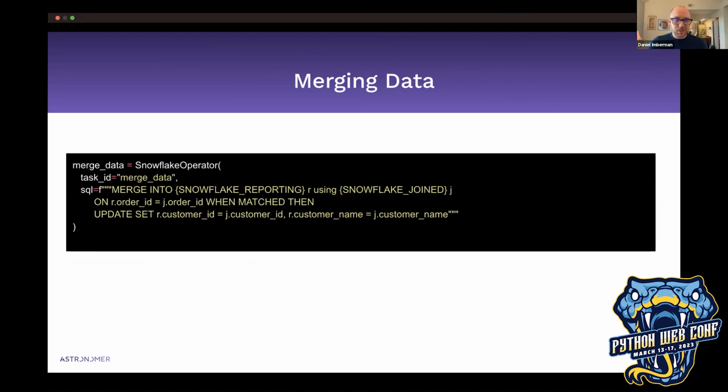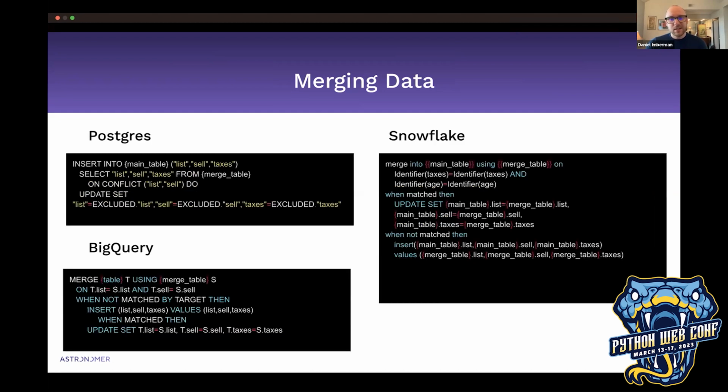Traditionally, you would take a Snowflake operator and write a merge statement, and you'd have to manually add all these things. And quite frankly, merges are one of the harder SQL functions to do. They're not the easiest. There are a lot of gotchas in a merge statement,